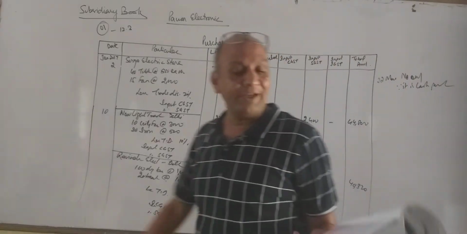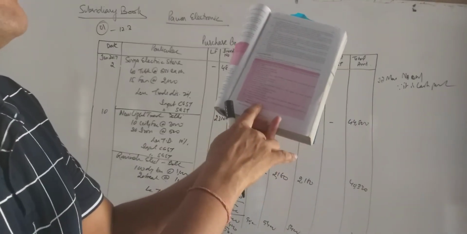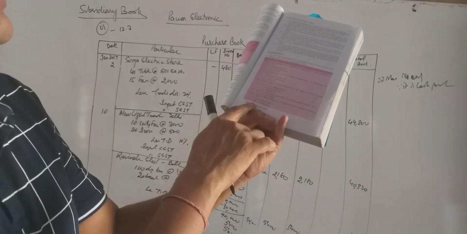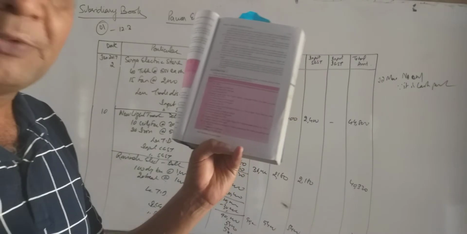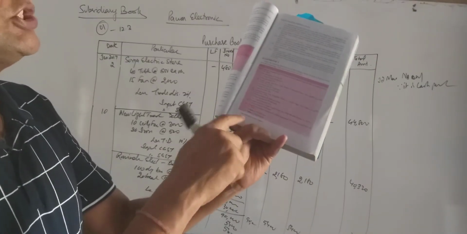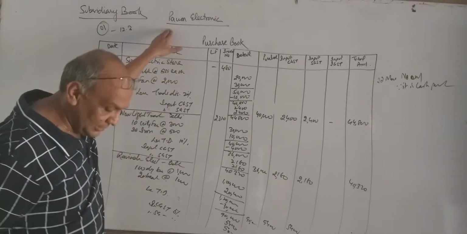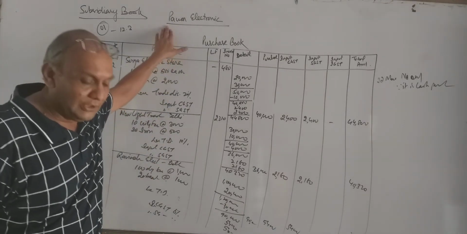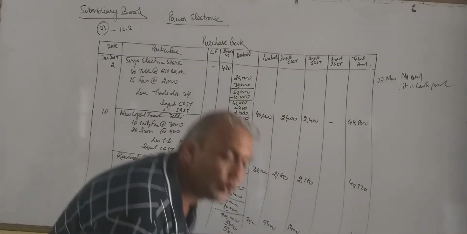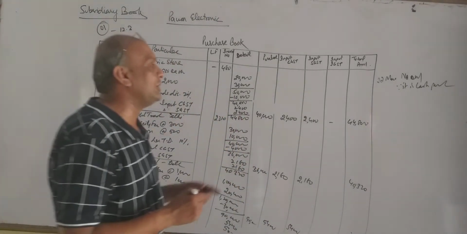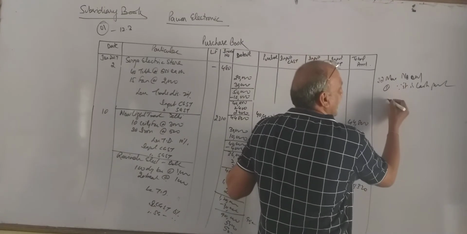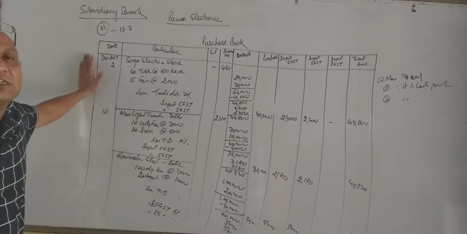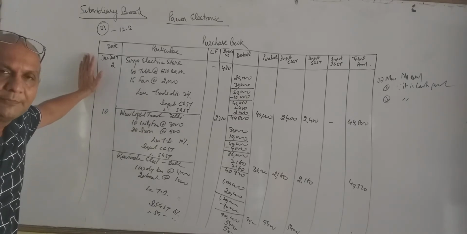And the next entry, 28th, bought from Fashion Furniture, Chitra Gupta Road, New Delhi, 12 chairs, 2 tables. Though the goods were purchased on credit, here we are purchasing chairs and tables, and our business is of electronic items. So I told you we are going to record only goods, not the fixed assets. So this entry also we will not record. So in this way we are going to prepare the purchase book. Please ask your doubt if anybody.